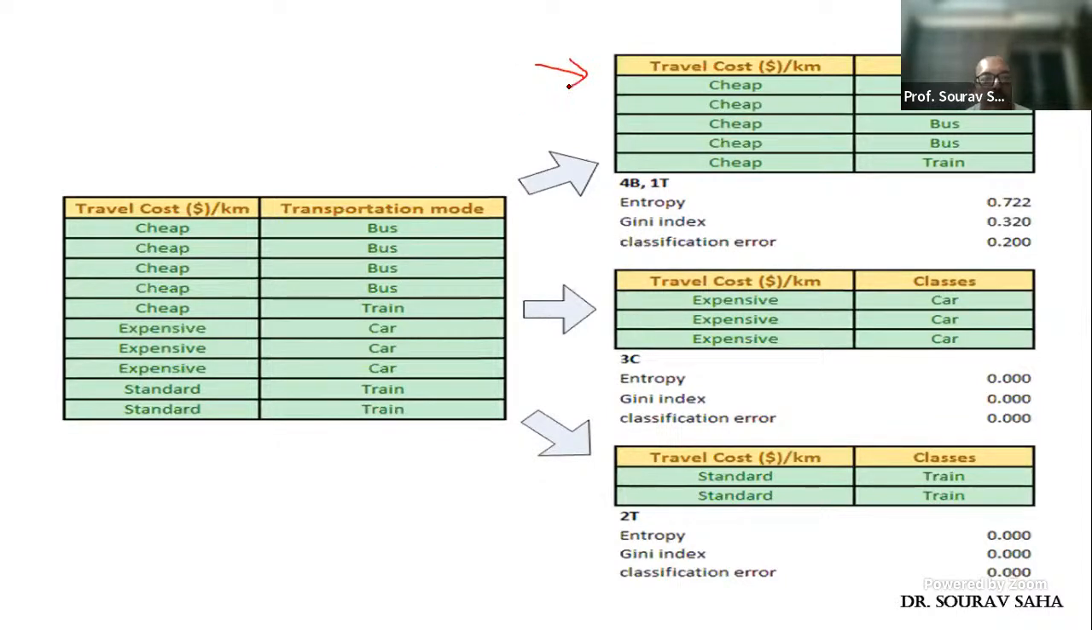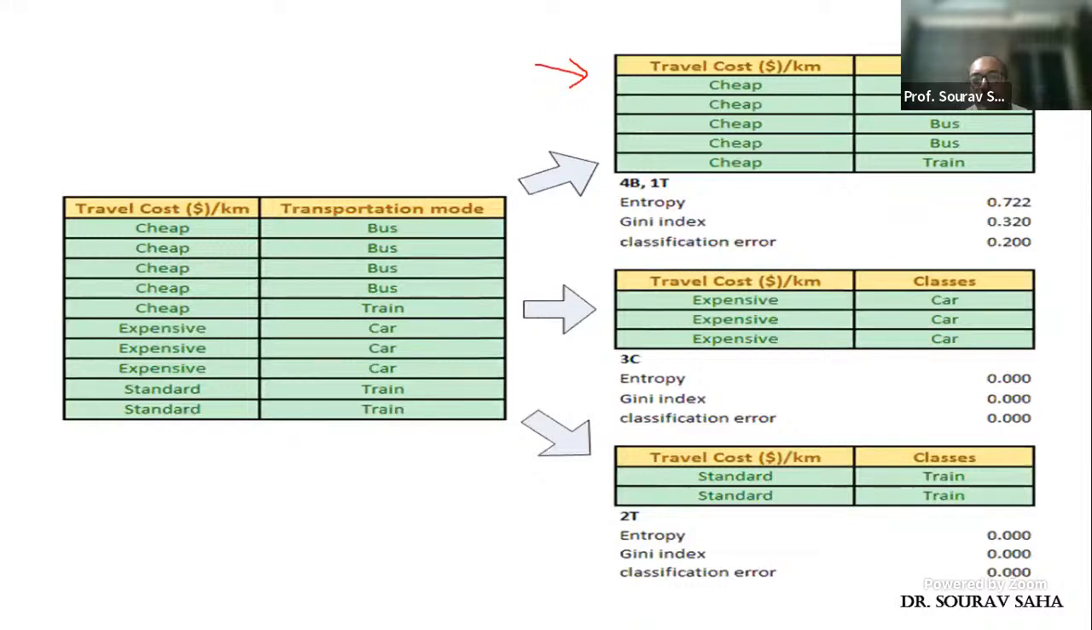If I split based on the travel cost, I have 3 different travel costs. One is cheap, one is expensive, the other is standard, right? So I've randomly selected that, okay, let me work on the travel cost variable and do the splitting. Now, see one thing, that once I have split based on this travel cost, what